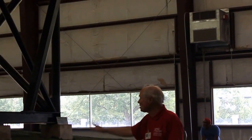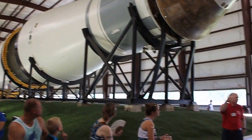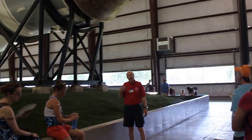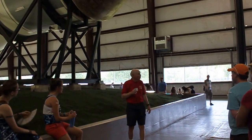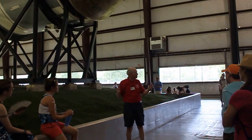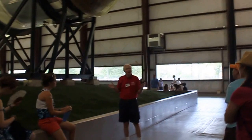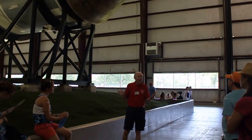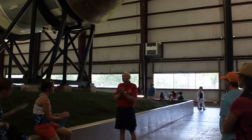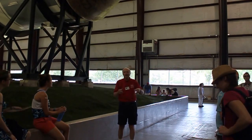So that engine at the back of the service module is going to fire, and that's going to happen late tomorrow, and get us out of lunar orbit on a path back to Earth. And we are going to enter the atmosphere on the 24th of the month, so 4 days from now. We will be re-entering the atmosphere at a fantastic rate of speed, almost 25,000 miles an hour. And that requires a little bit of maneuvering on our part to navigate that successfully, because if just some